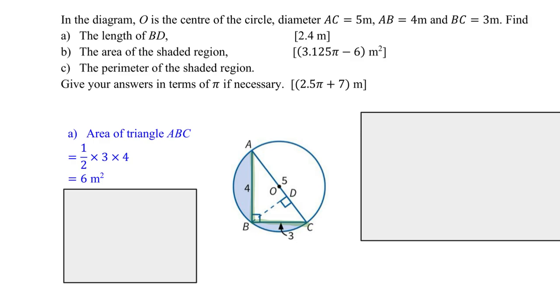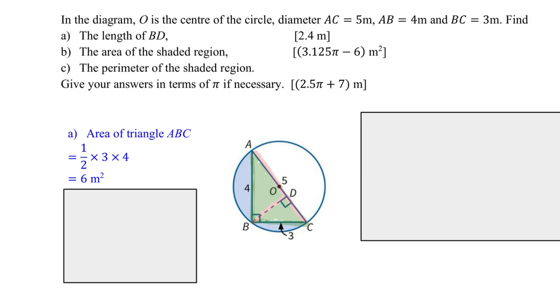Okay? So once I know this area of triangle ABC, using 3 as the base and 4 as the height, then I can use AC as my base, BD as my height, since now I got the area 6 meters square,